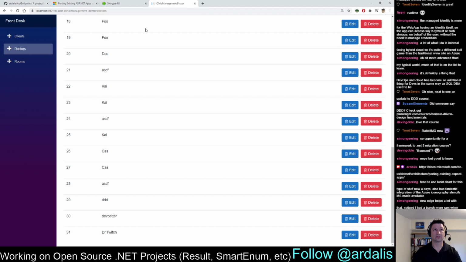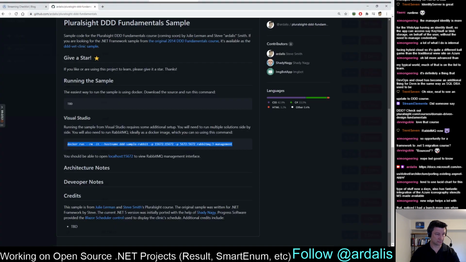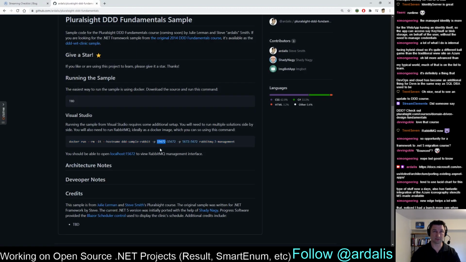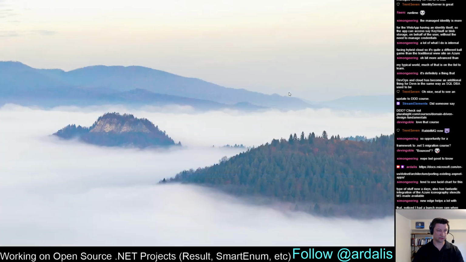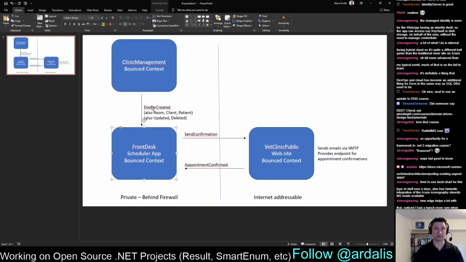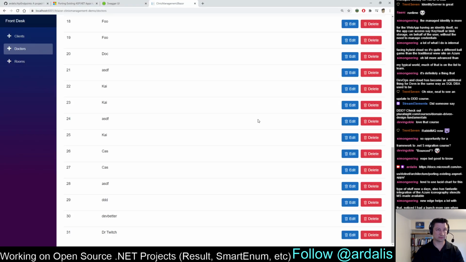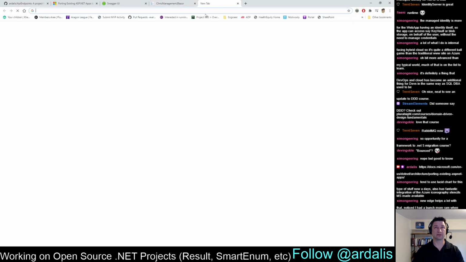Okay. Now, because we're also running RabbitMQ, and I lost my browser menu that had this, but here's the important port right there, 15672. Because we're running RabbitMQ and it's listening on that port, when I created that doctor, it actually created a message that looks just like the one that I showed here. This doctor created message from clinic management to the front desk scheduler. And so if we go to that 15672,